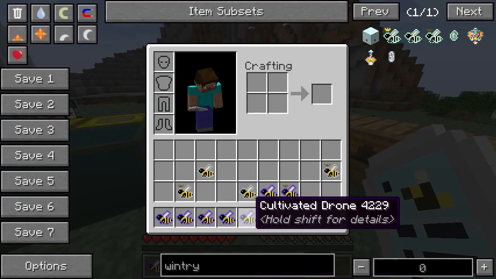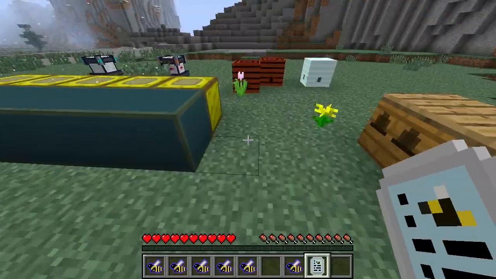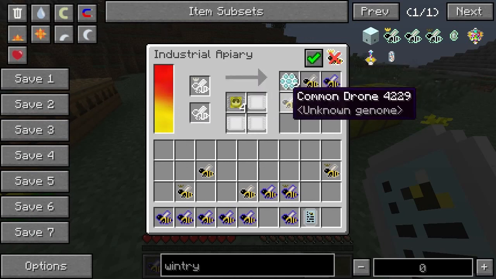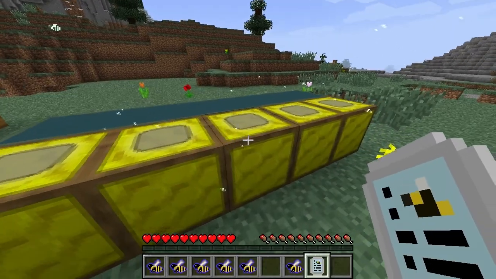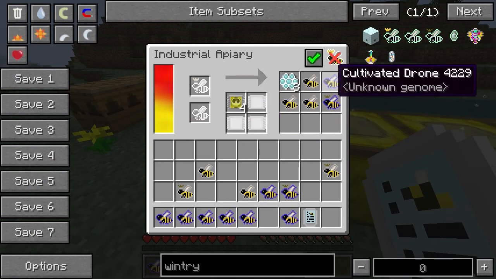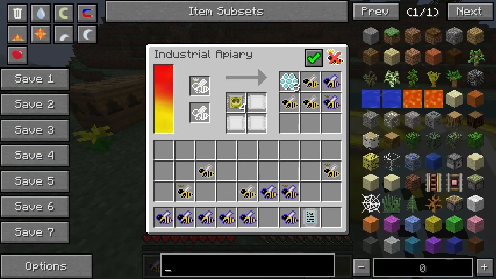Let's have a look at the results here. Yeah, so as you can see, what I just said was correct. Everything in that situation is going to be... So this is going to be a way to very, very easily get as many cultivated bees as possible. And then from there, of course,